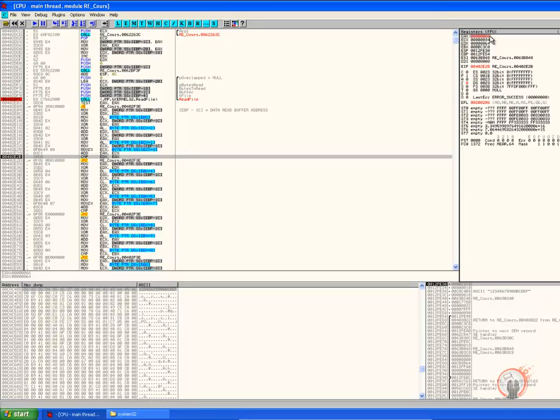Now remember that EDX contains the sum of the first and the third byte, and ECX contains the sum of the second and the fourth byte. So actually what the algorithm says is if the addition of the first and the third byte equals the addition of the second and the fourth byte,